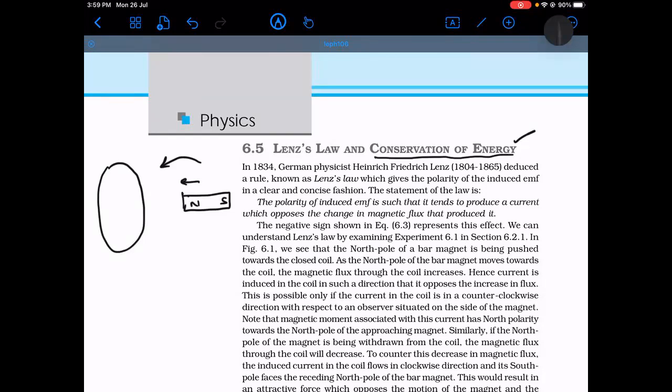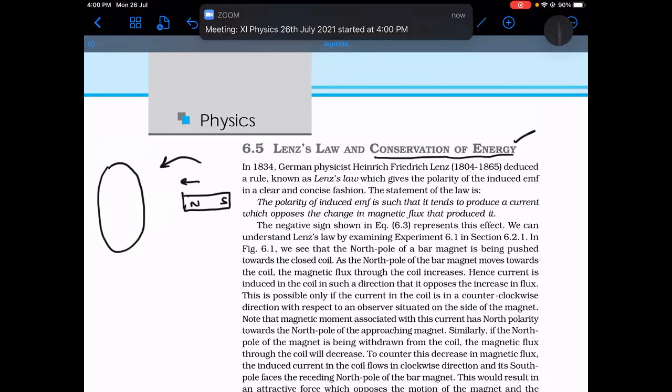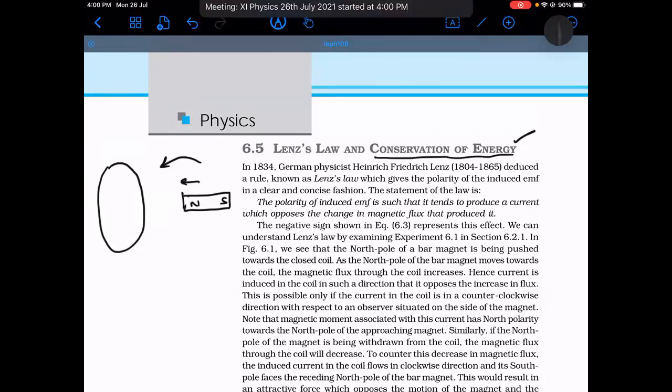Increasing the flux. I'm increasing the flux. Due to what reason? Due to the reason that we know that magnetic field lines are closer, more dense near the poles of the magnet. So when the pole of the magnet is moved towards the coil, the magnetic flux is increased. When the magnetic flux is increased, what will happen with respect to Lenz's law is